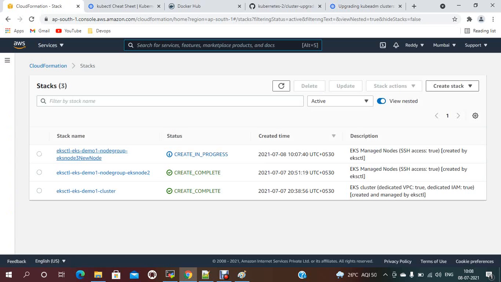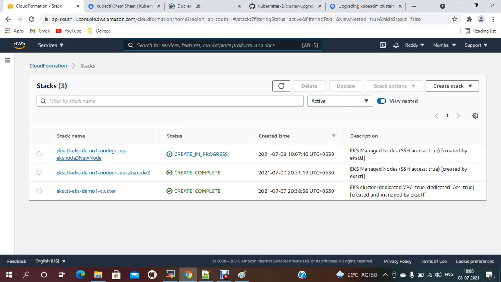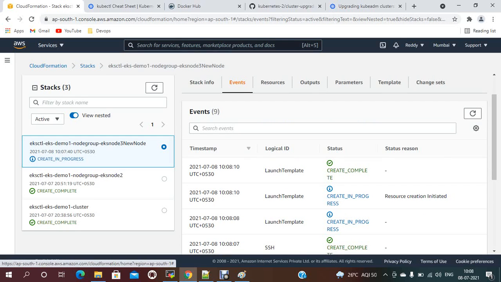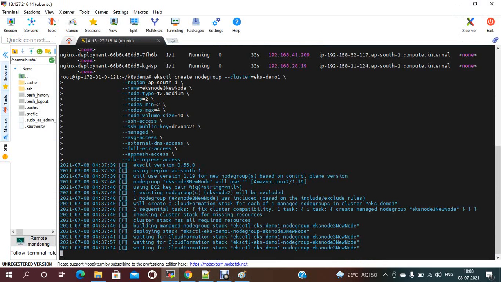See, eksctl, this is the cluster name, demo one node group new node. It is create in progress. If you see events, it should be created. It will take some time to complete.